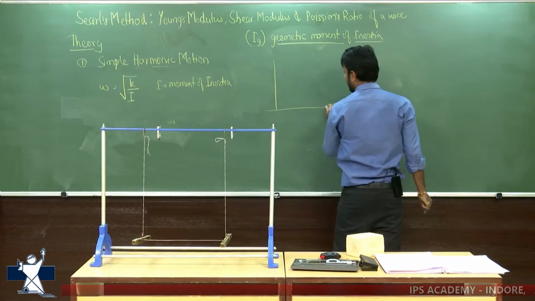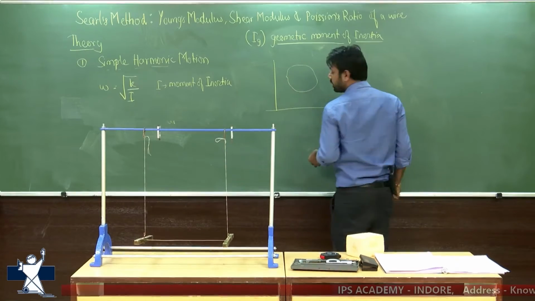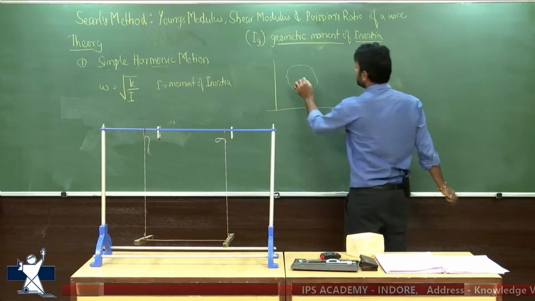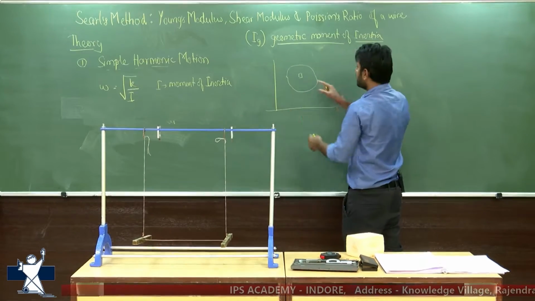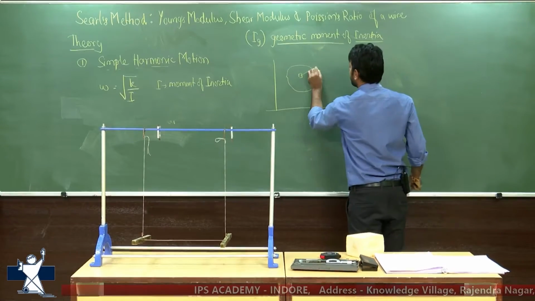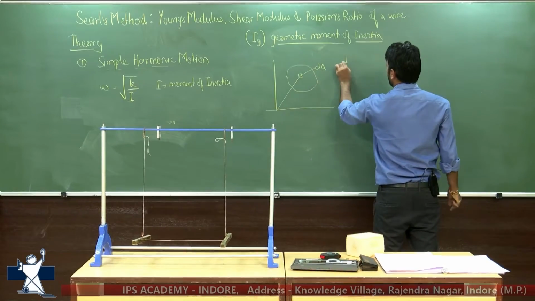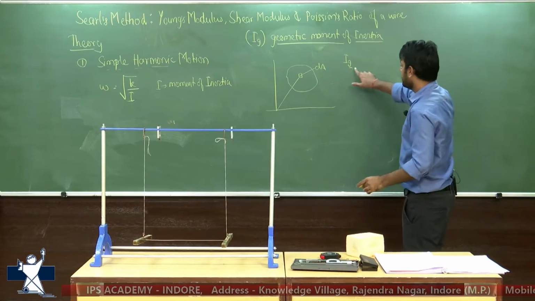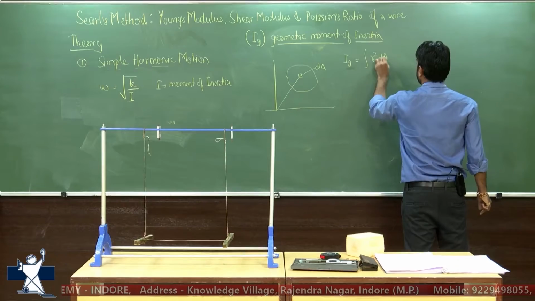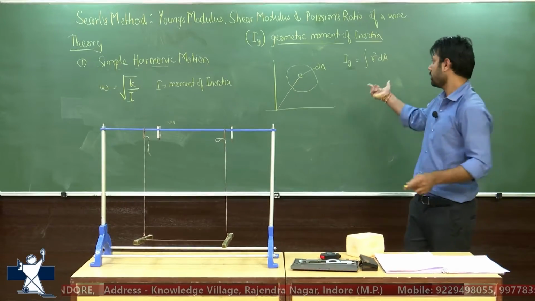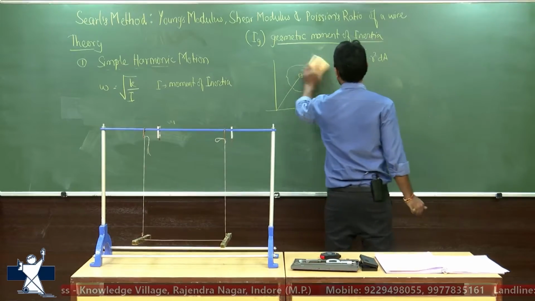If you have an irregular object, let's say, and this is your axis of rotation, instead of choosing a mass, what we do is we choose a surface area of cross section. So let's say this object is rotating like this, and this is your cross section area dA. Okay, so in this case, the geometric moment of inertia is Ig. G is for geometric. Ig will be equal to integral r square dA. Okay, so this is your geometric moment of inertia. So please remember this one because we are going to use this in detail.